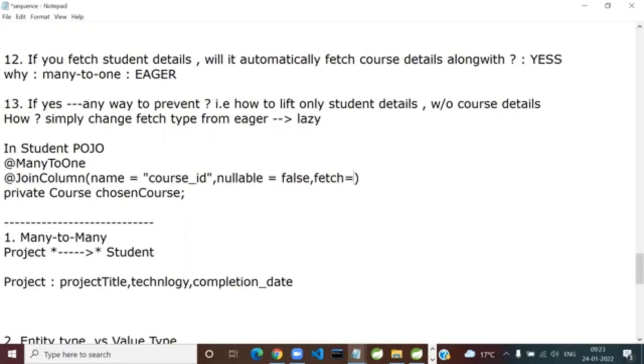What is the fetch type you want? Lazy or eager? Lazy. Many-to-one is already eager. So change it to the fetch type. Please try it out. I'm telling you 100% it works. And after that, when you fire the query to get the student details, the select query will be fired on which tables? Student, course, both, or neither?